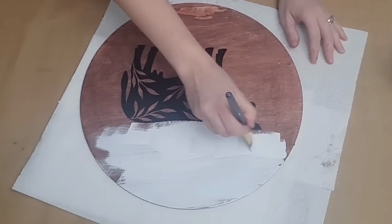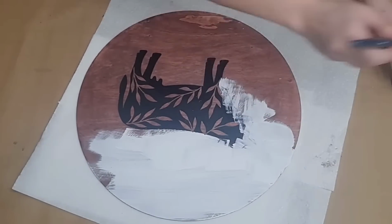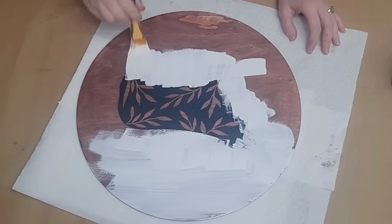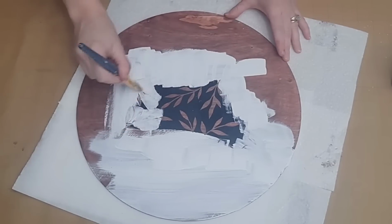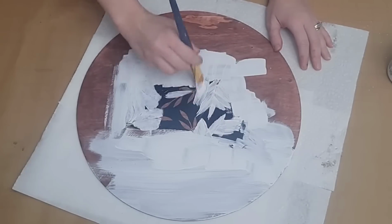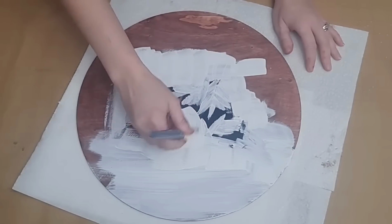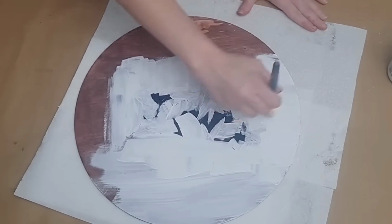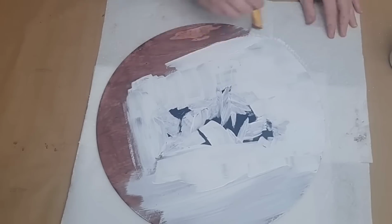You could even cut vinyl with scissors into a shape that you like and place it down. But ultimately, you just want a design that you like to use as a stencil placed down on top of your wood round. Now, if you're having trouble getting this to stick, you may need to sand down your wood round a little bit, sand down that stain, which is what I had to do to get my cow stencil